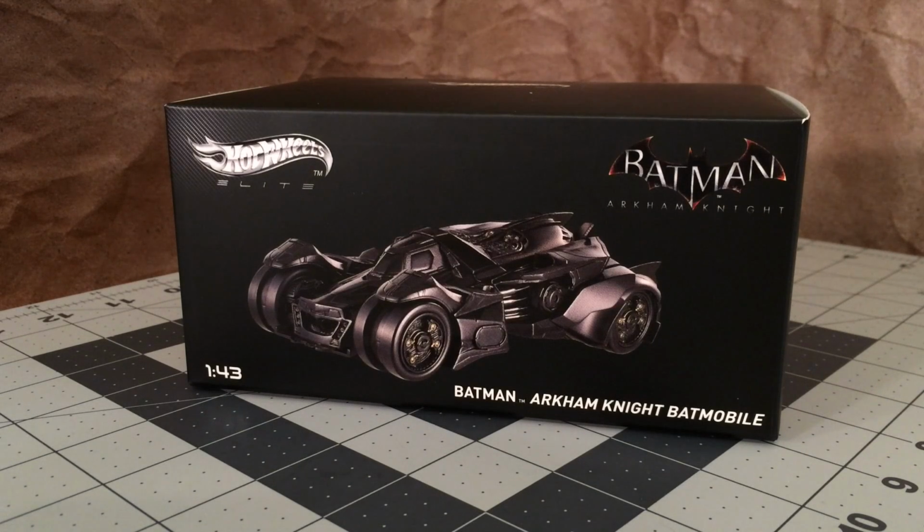Hey guys, I'm back with another Batmobile, and this time we're going to be taking a look at another Arkham Knight model. This is the 1/43rd scale Hot Wheels Elite Batman Arkham Knight Batmobile. This is the second one to be released by Hot Wheels. Now, this is another one that I've really been looking forward to, so let's get right into it and check